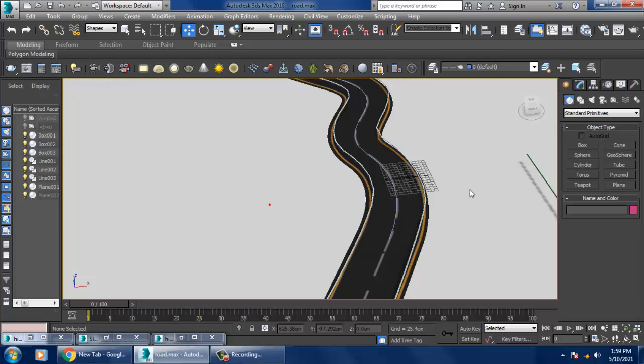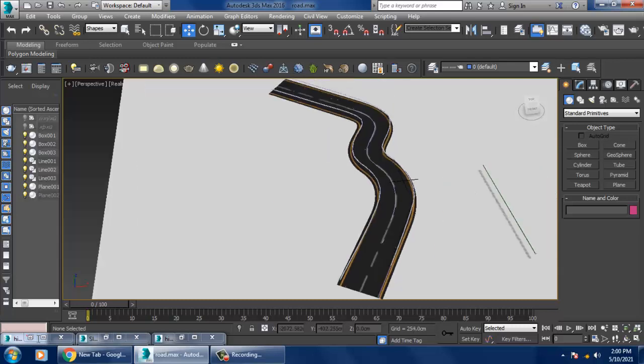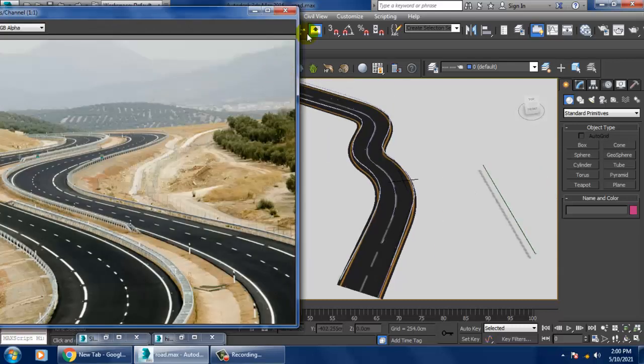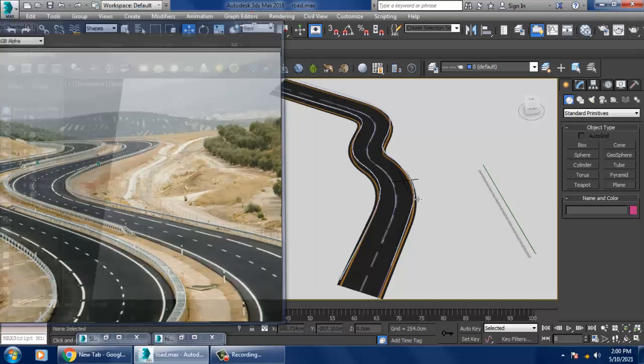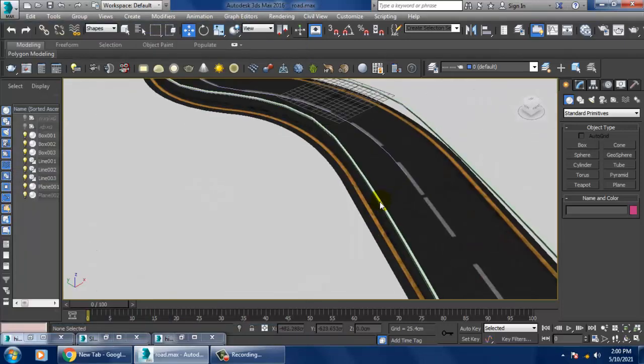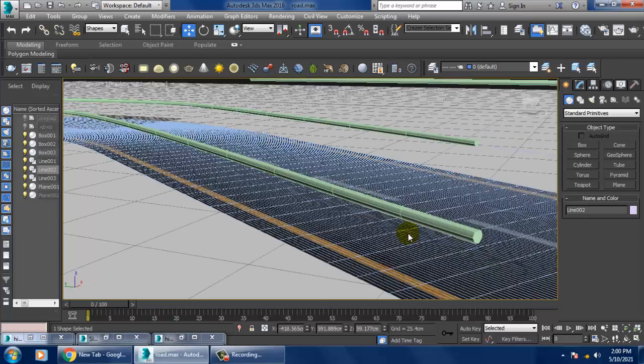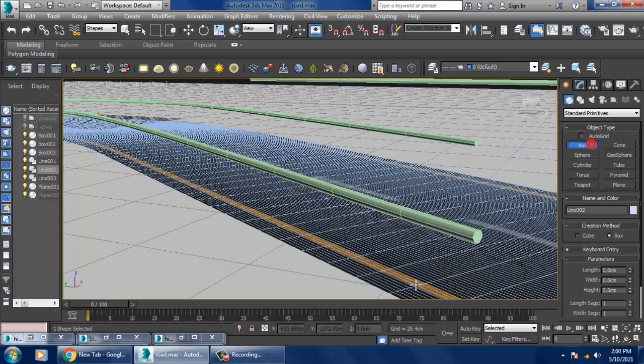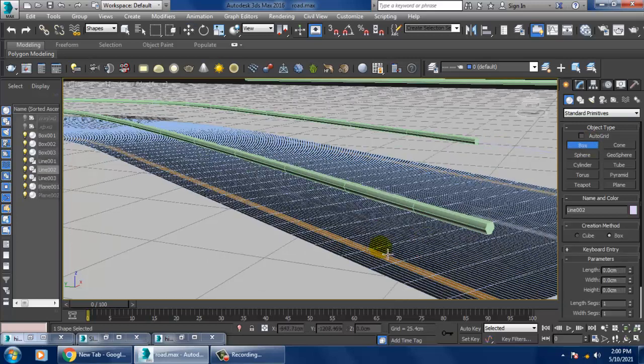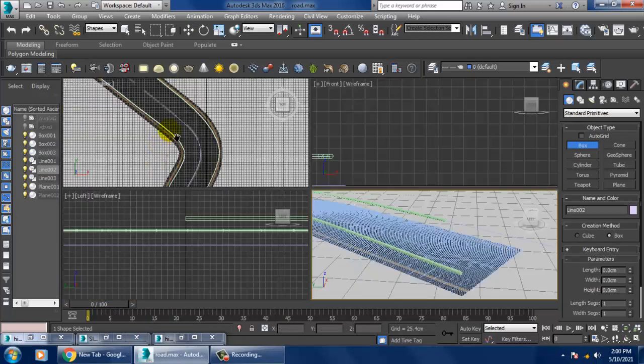So select this whole thing over here. Let's go over here, look at it closely. That's fine. So let's just take a box over here.